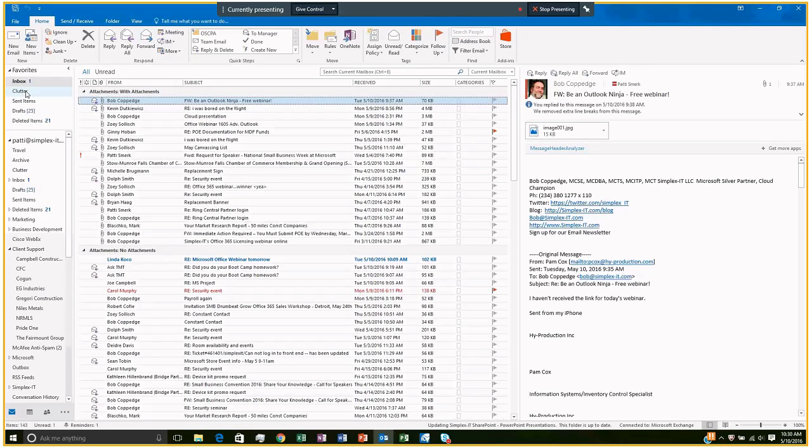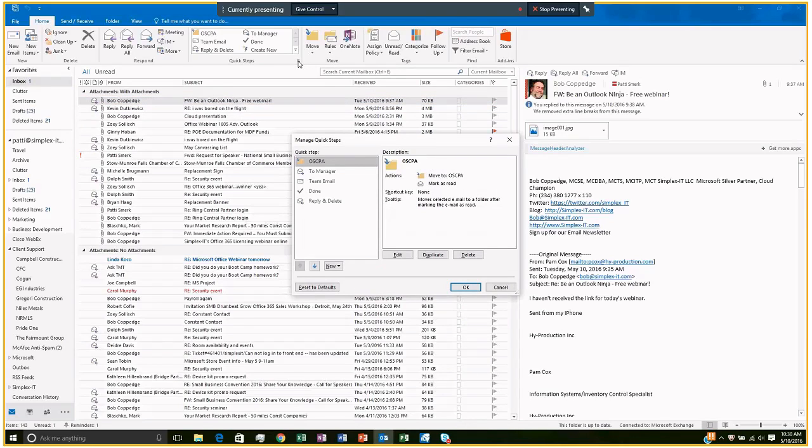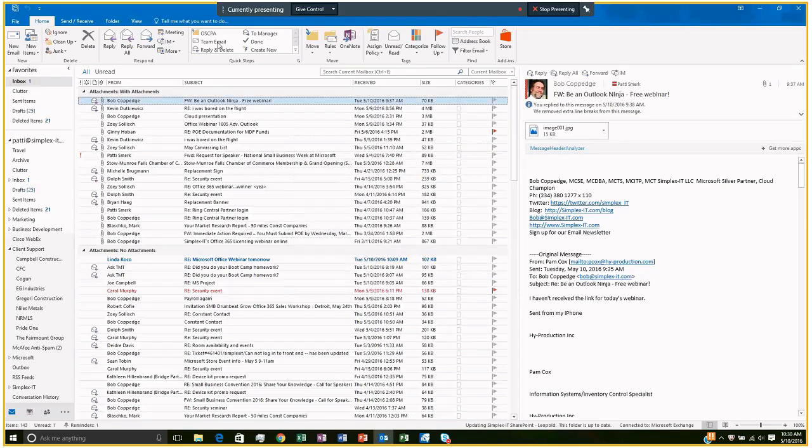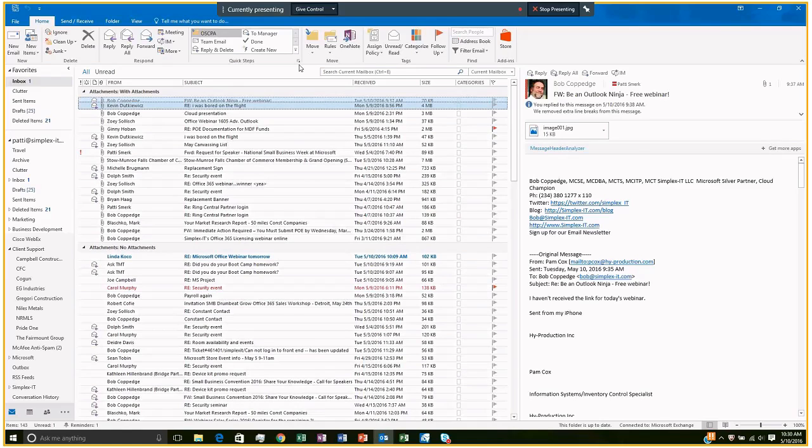All right, the last thing that I wanted to mention then is quick steps. So we talked about rules, and then I kind of got off track. I wanted to mention quick steps. Quick steps are kind of, I think of them as quick rules. And so it's just when you get an email, you can specify what you want to do with it. So let's say that if I click on,